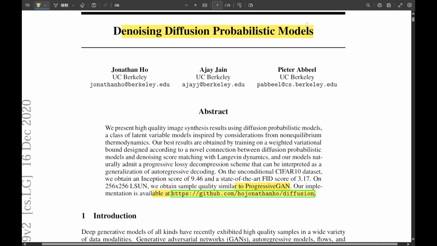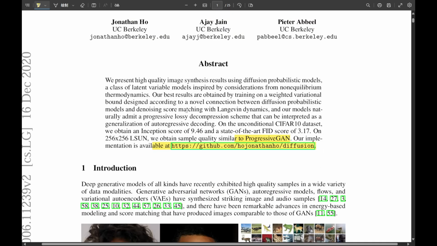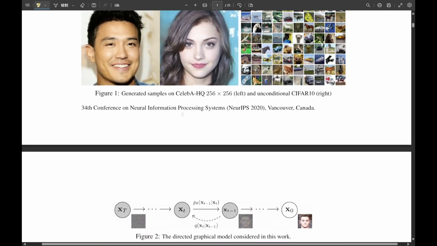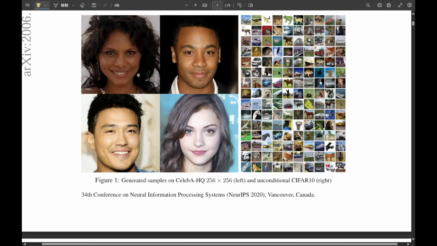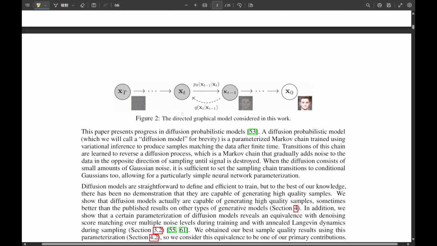At its heart, a diffusion probabilistic model, a DDPM, is a type of latent variable model. Think of it like a really sophisticated system that's trained to do one thing very well, reverse a process. Specifically, a process that gradually adds noise to data step by step. Why would you do that? Well, the whole point is to learn how to undo that process, to produce incredibly high-quality samples that look like they came from the original data distribution. Basically, learning to sculpt meaningful images out of pure randomness.